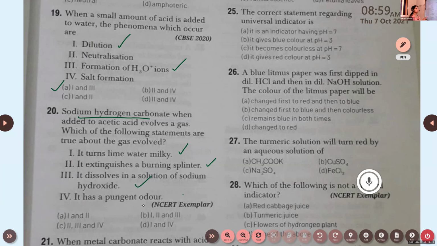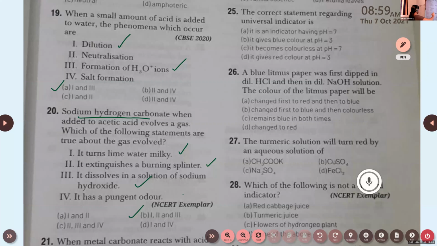And about its odor, it has no such characteristic odor, similar to that of oxygen. Oxygen has no specific smell, right? Similarly, carbon dioxide also has no specific smell. Here pungent odor means a very foul smell that we can't tolerate. Clear? Such smells come from ammonia, sulfur dioxide, hydrogen sulfide, etc. They all have certain pungent odors or rotten smell. Clear?